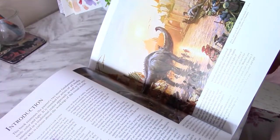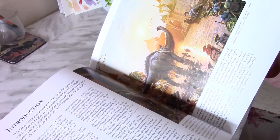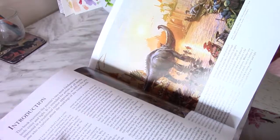Obviously when I'm doing this, it's going to be a quick flip through. I'm not going to go through each and every page with you guys. I will leave it up to you to purchase the book. I'm sure it's a great resource to have. But I just wanted to quickly share with you